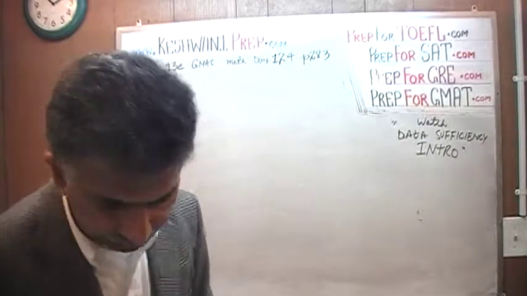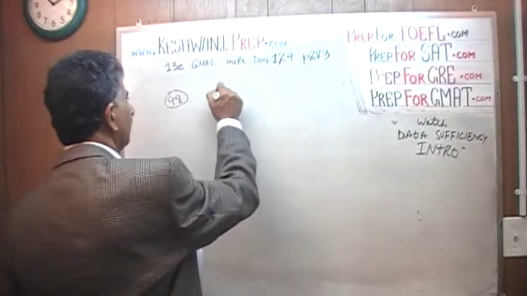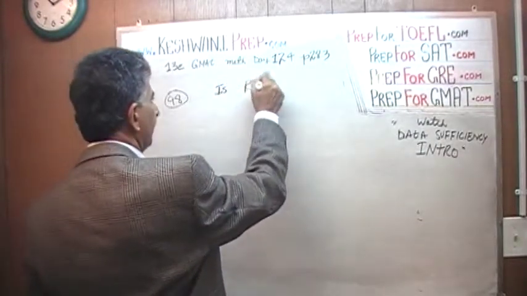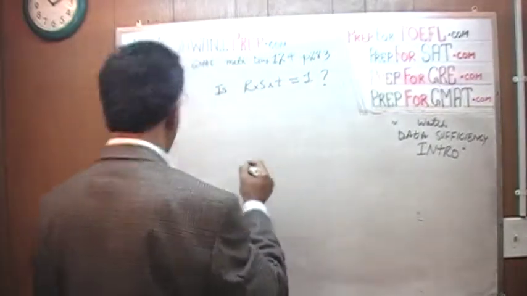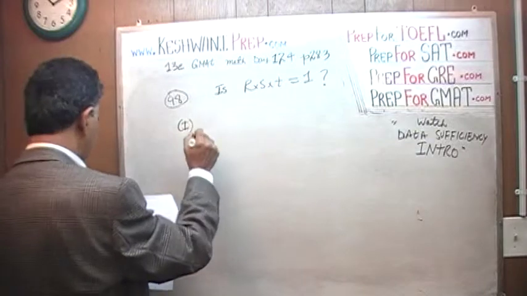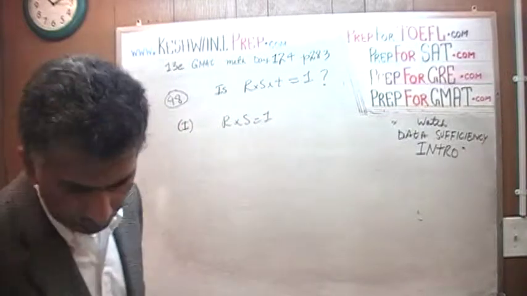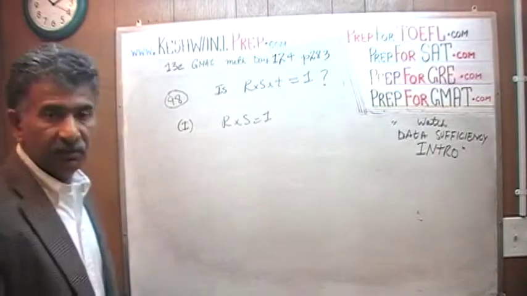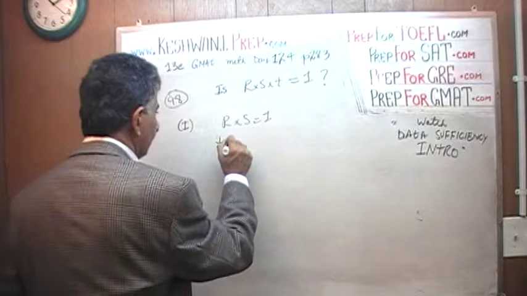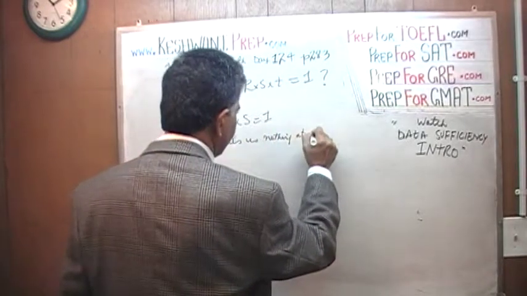Number 98. In number 98, they're asking us, is r times s times t equal to 1? Let's see what they tell us. In the first statement, they tell us that r times s equals 1. This is worthless. It's worthless because it tells us nothing at all